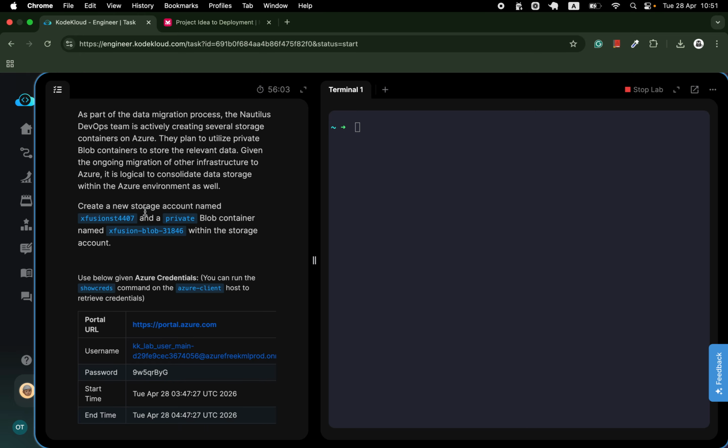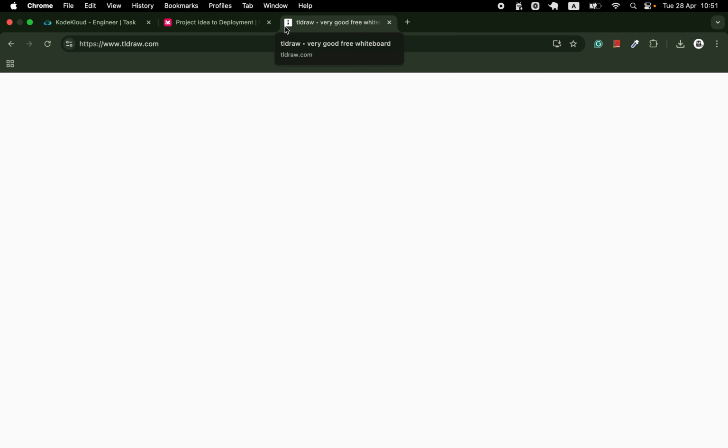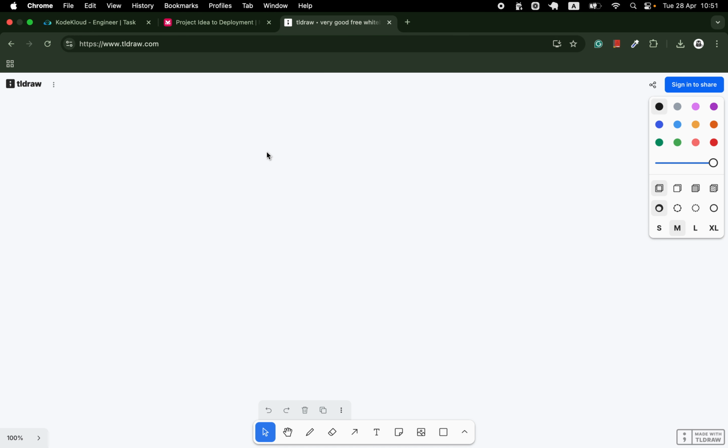So we are creating a new storage account. The storage account name is this, and we are going to create a private blob container with this name within the storage account. We have two steps. The first step is